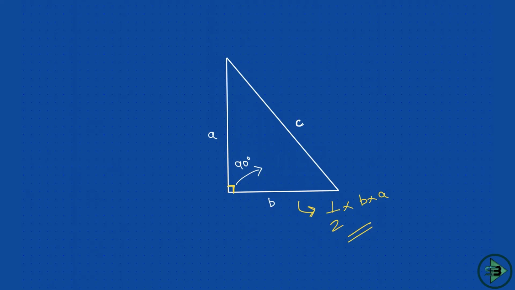We had studied this in geometry. There are 5 formulas for the area of a triangle. I had just told you 2 here. Then the other formula is half into the product of the two sides into the sine of the angle between the two sides. Then one with the circumradius and one with the inradius. If you are wondering what I am saying, please go to the geometry classes and see the area section. That is where we had covered all these formulas with respect to the area of a triangle.